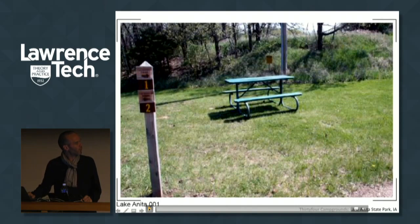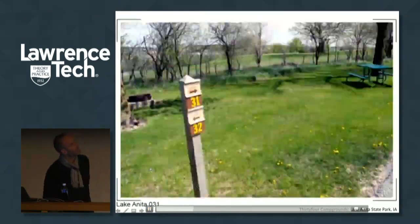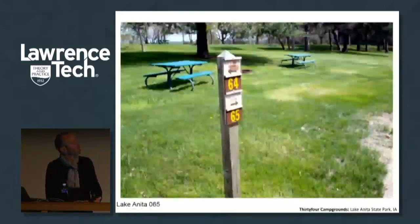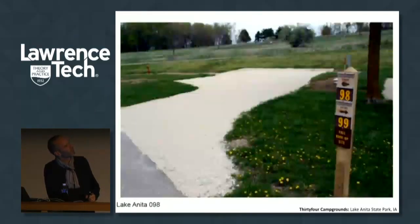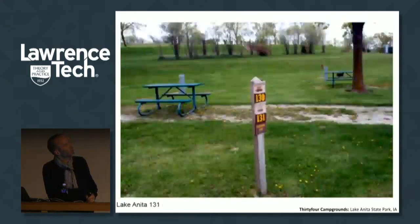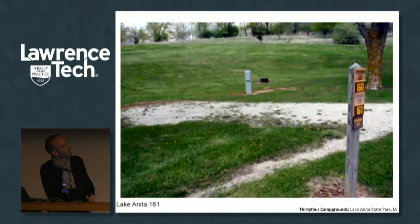more patient viewing. I've been playing around recently with making these little short films. I've aggregated all of the photographs for these campgrounds at 6 campsites per second, and so the repetition starts to give you an idea of what it feels like to be looking at the book. A lot of these photographs, again, look very much the same, but there are subtle qualities that